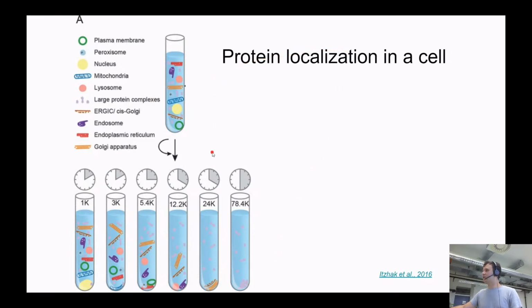Okay, what's cool about this method? If you think about it, you're measuring organelle proteomes, so you will have the concentration of each protein over the 6 fractions. Imagine that a certain protein is heavily localized in mitochondria. Then in the first tube there is going to be nothing, in the second tube a lot, in the third tube way less, and in the fourth tube way less, and it almost disappears from the rest of the tubes. And if a protein, for example, were in the lysosome, then the concentration is going to be distributed differently. So the highest concentration is going to be in the fourth tube, but not